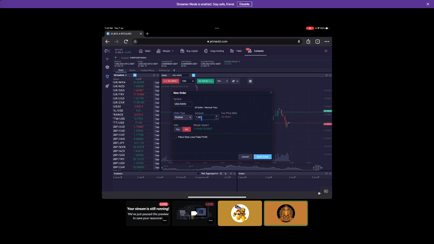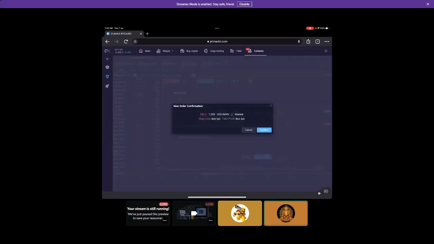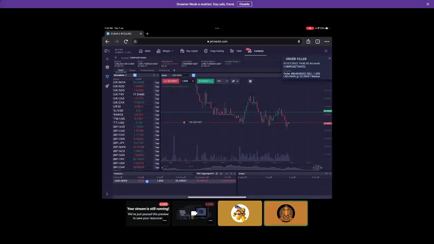We're going to do a market order worth 1,000 contracts. So we press send order, double check, confirm. And the order pops right in here with the positions. And it shows you your current P&L just below. You can see right here on the screen, my order here, 1,000 contracts at